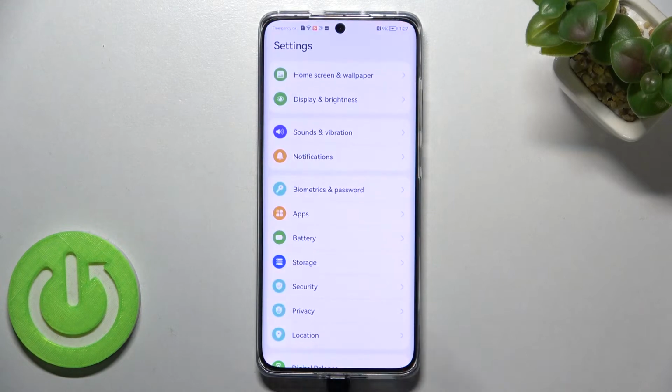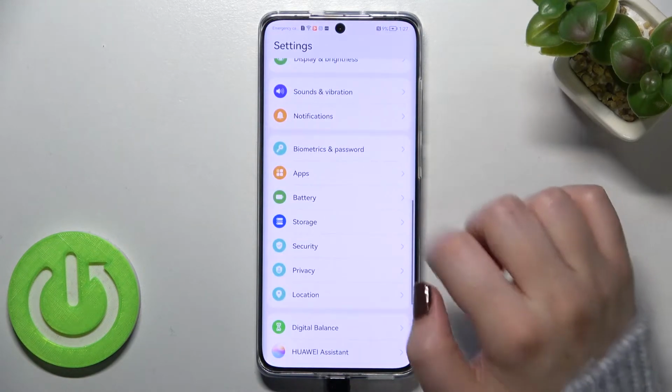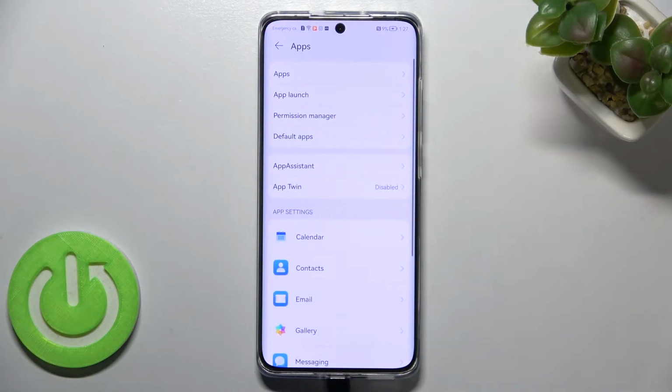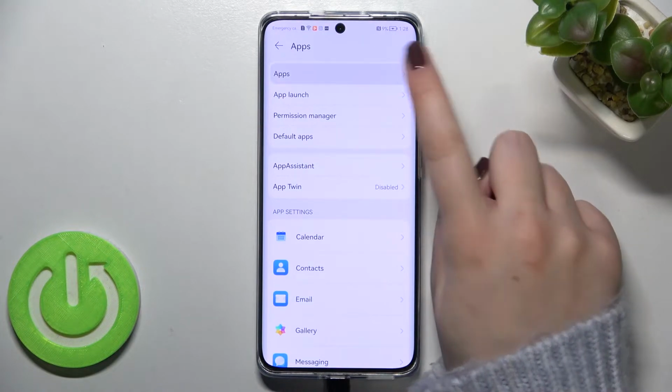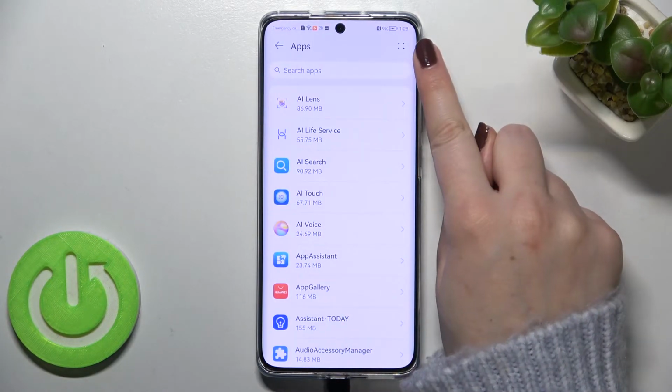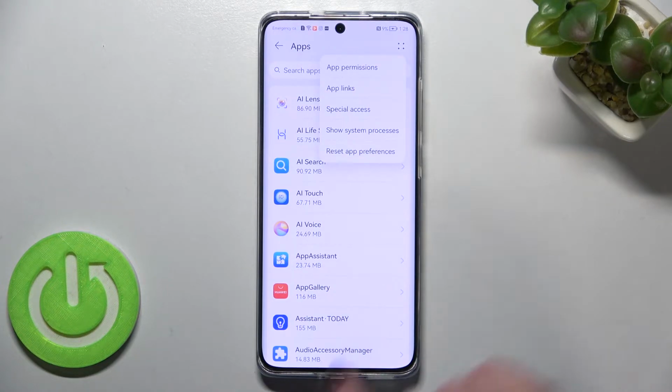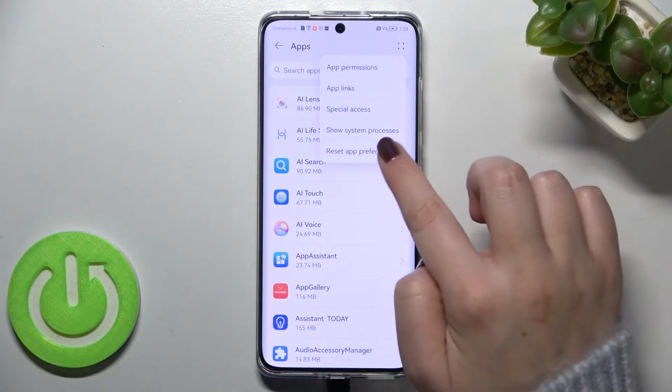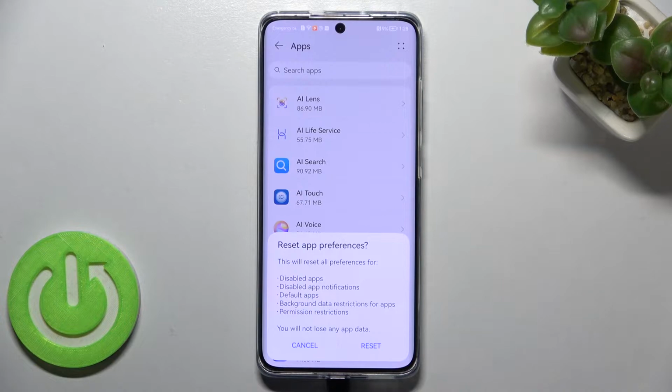So first of all, we have to enter the settings, and now let's scroll until you will find the apps. Now we have to tap on this very first option and pick 4 dots icon in the right upper corner. As you can see at the very bottom, we've got reset app preferences, so simply tap on it, and here